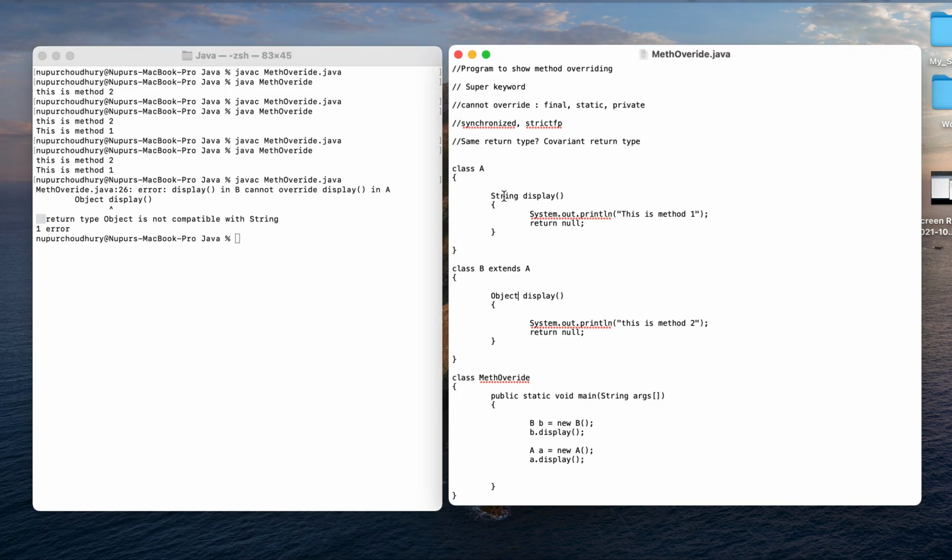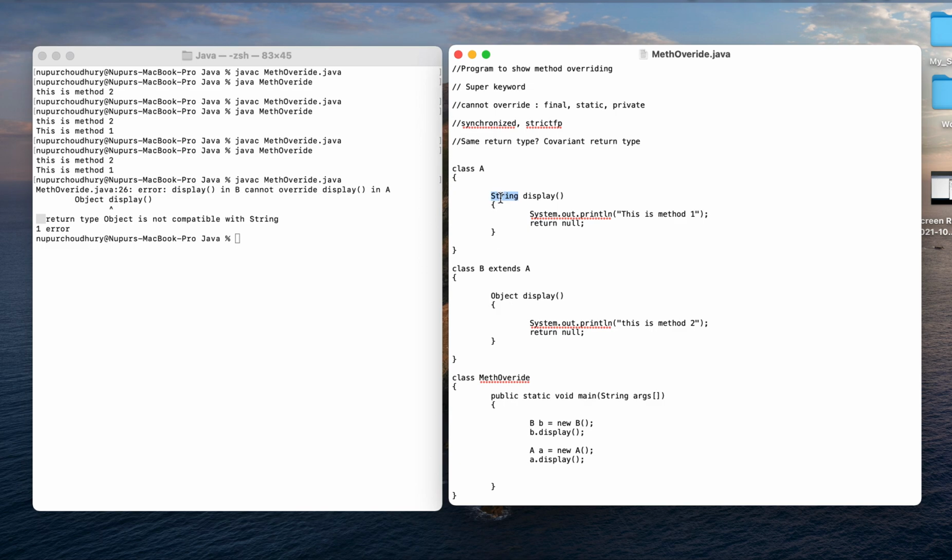That means String, which is in the parent class, is not a parent of Object. Object is a parent of String, but String is not a parent of Object. This we have to keep in mind.